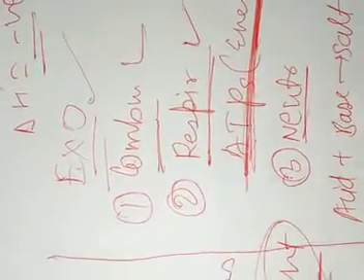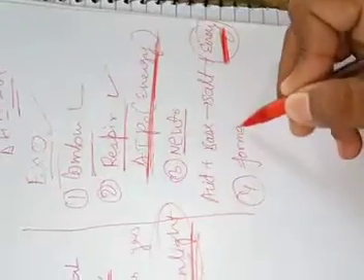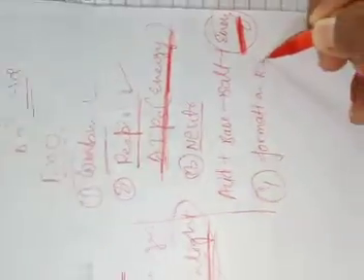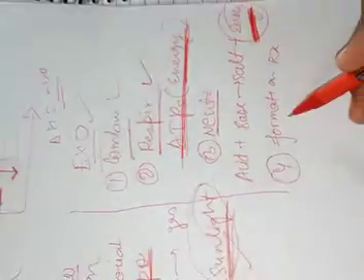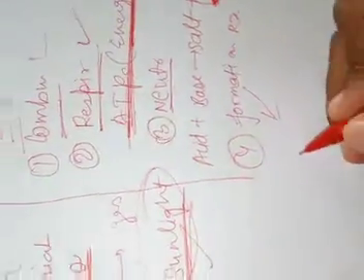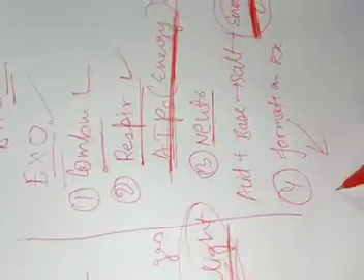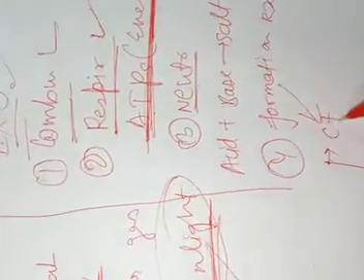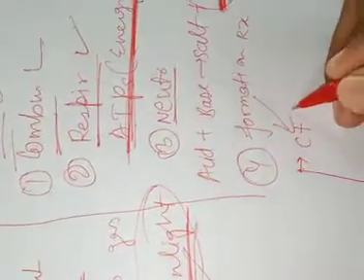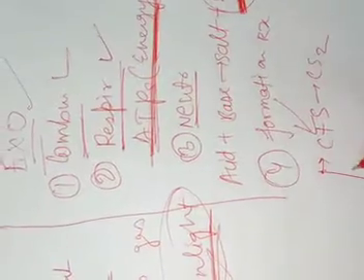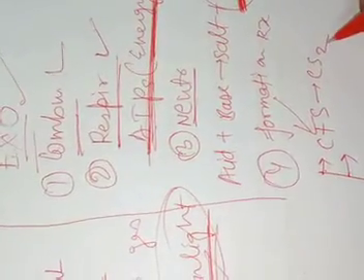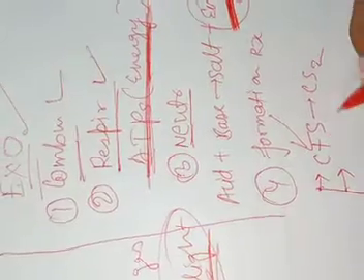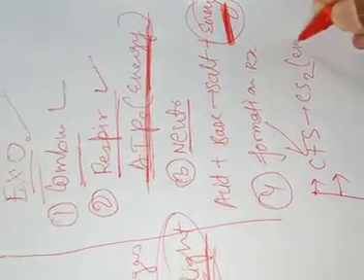Okay, the fourth example we have is the formation reaction. Most formation reactions are exothermic, but some reactions are exceptions, which are endothermic. Four reactions we have to remember. The first one is carbon plus sulfur gives CS2. This is a formation reaction, even after that it is an endothermic reaction.